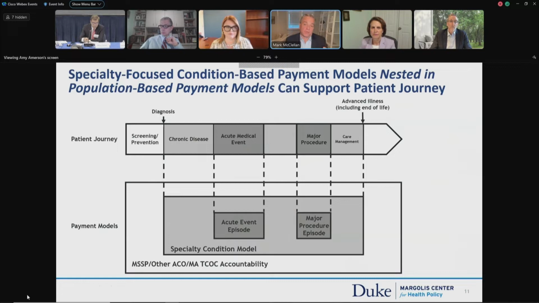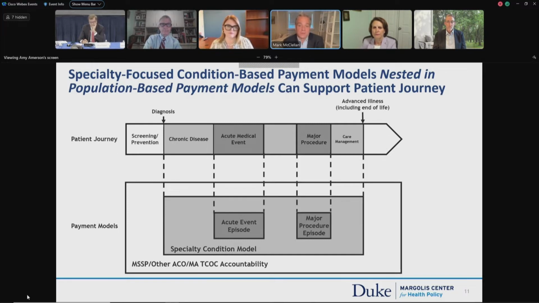So we've developed some proposals for nesting condition-based payment models within the ACO program. This is not a separate and independent effort. The idea is building off the acute episodes with a specialty per member per month payment around it for the organizations that are engaged in comprehensive care that want to work more directly with specialists and create a clearer, obvious path for sustaining some of these models that require new care pathways, different approaches to team management, et